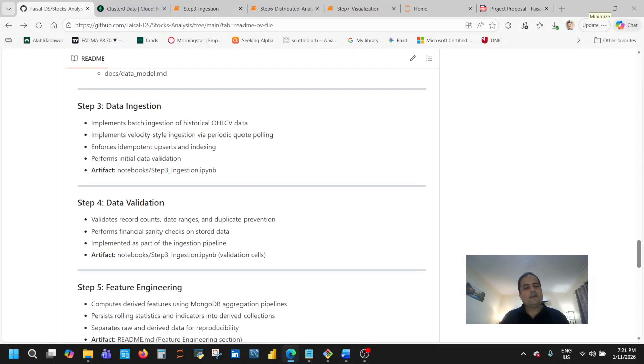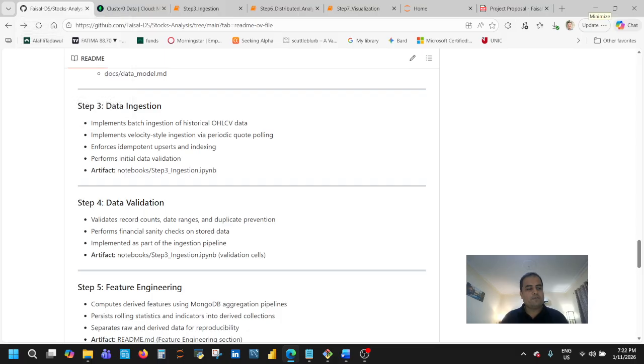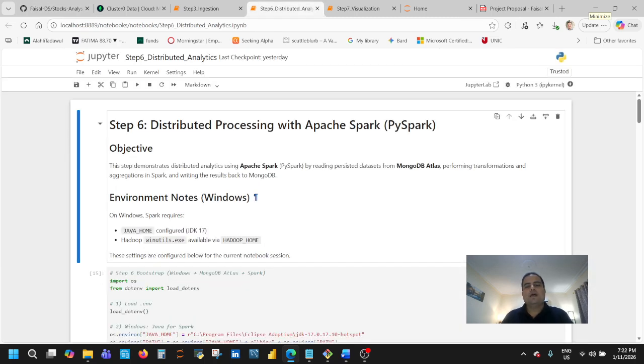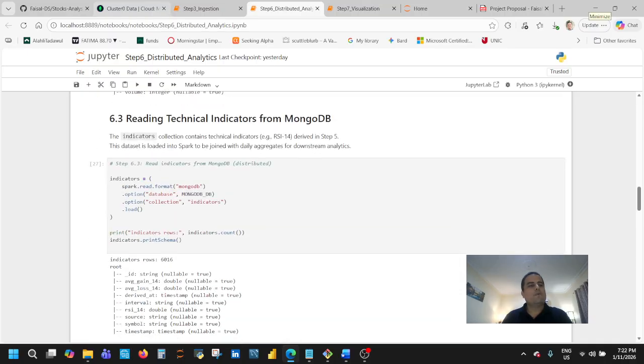Step 4 is data validation, which refers to the same file as step 3, then feature engineering, and then distributed processing with Apache Spark, which is step 6. And this is the notebook for step 6, where all the code has been provided.